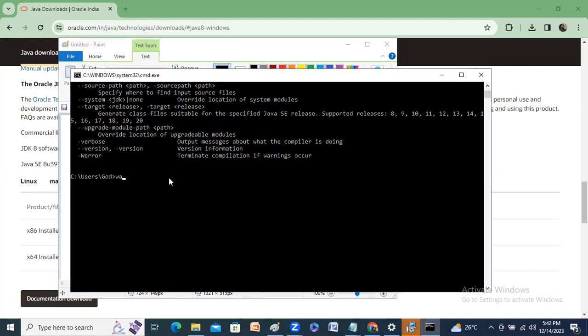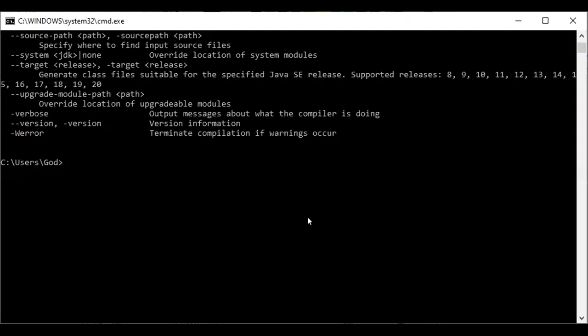So here, whenever it gives this much information, then you can identify that Java is there in your system. Two types of path assignment are available: a temporary Java path and a permanent Java path. For that purpose, just concentrate on this.